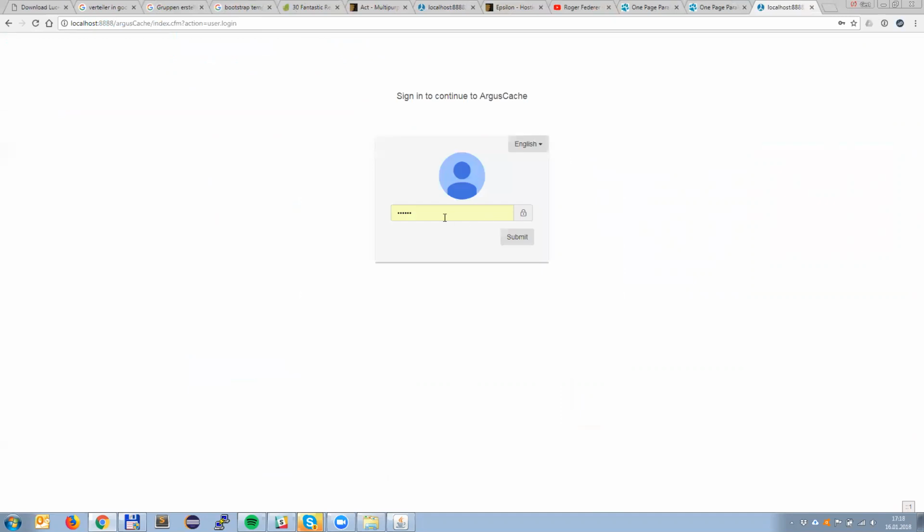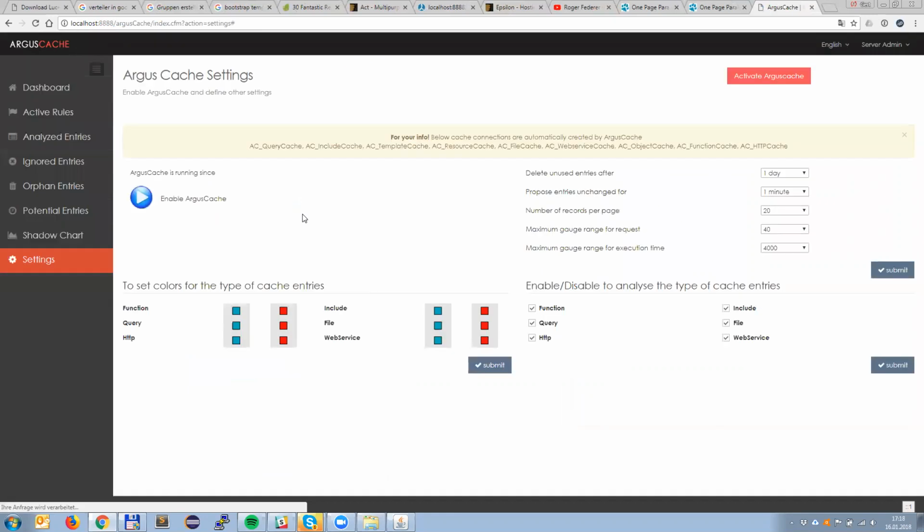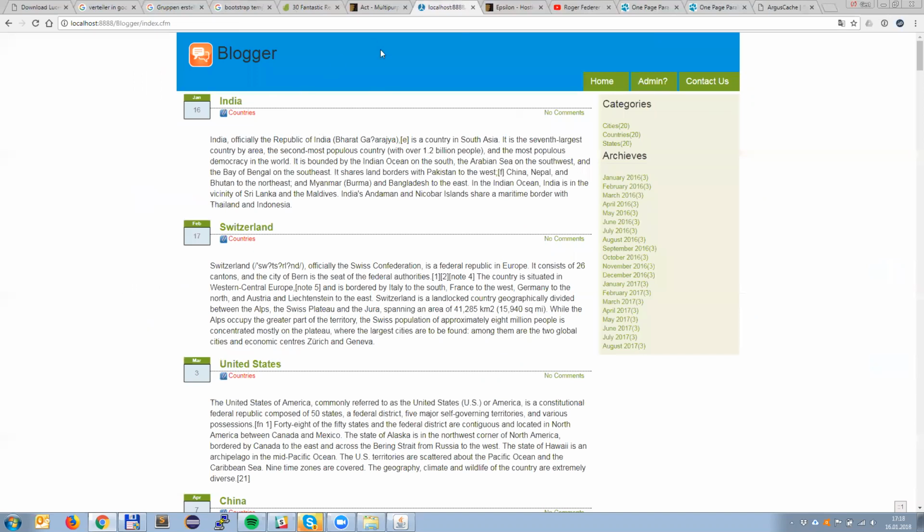By default, what you have to do is log in with the Lucee administrator password. So that's the web app password. And once you have logged in, you will see that there are certain cache elements that have been created for you. You can check that by going to